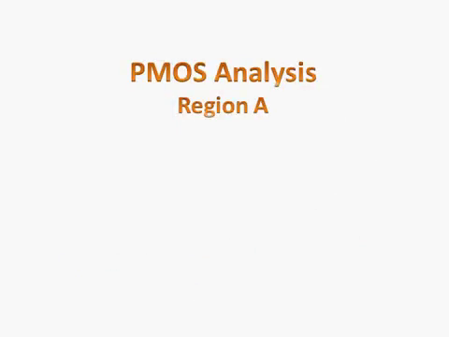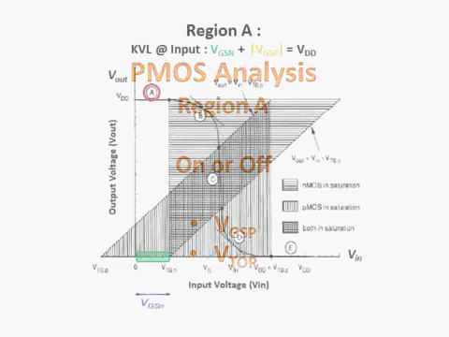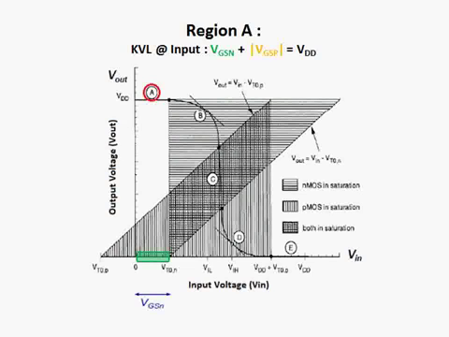Next, let's proceed with the analysis of the PMOS transistor. First, we need to determine whether the PMOS transistor is turned on or turned off. To determine this, we need to know: 1. PMOS gate source voltage. 2. PMOS threshold voltage. Based on the KVL analysis at the inverter's input, we know that the gate source voltage of